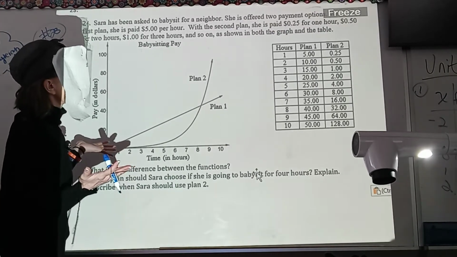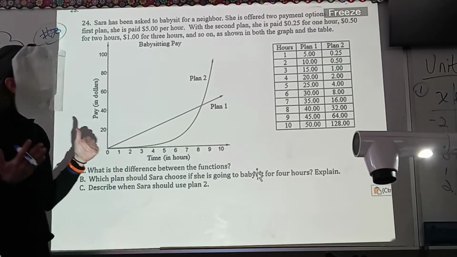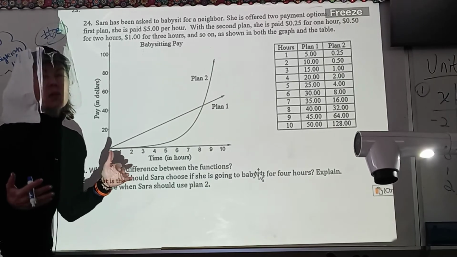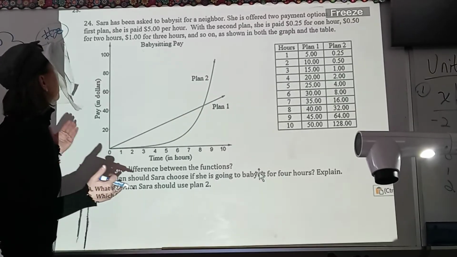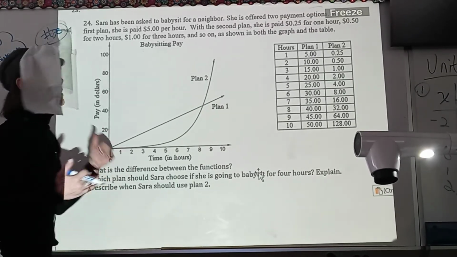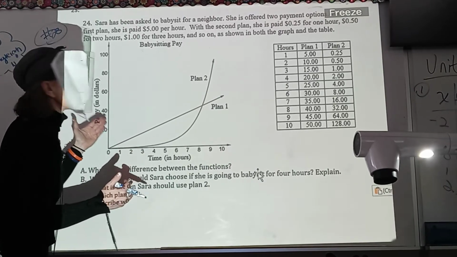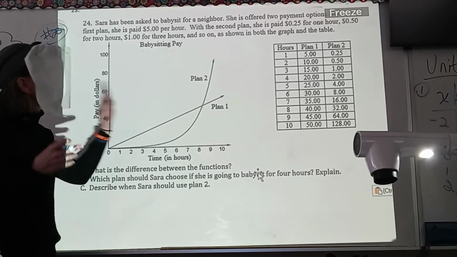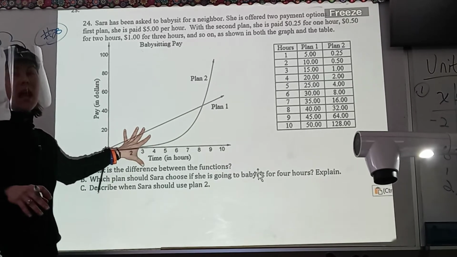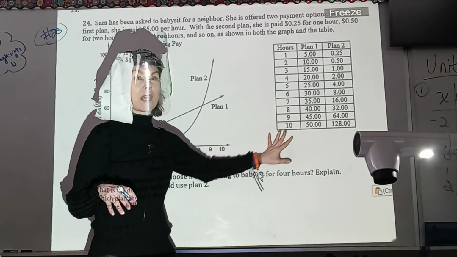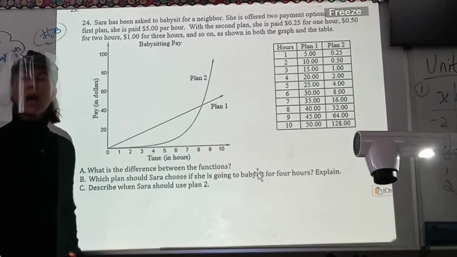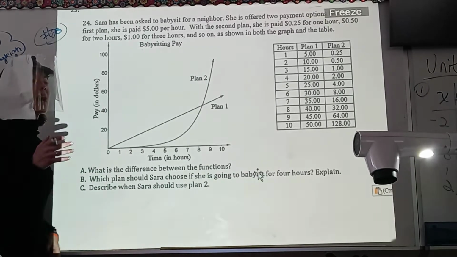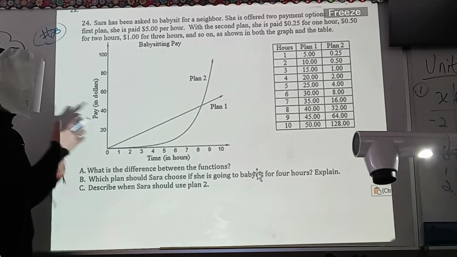Or with the second plan, she's paid 25 cents for the first hour. 25 cents, okay? 50 cents for 2 hours. $1 for 3 hours. This doesn't look good. And so on, as shown in both the graph and the table. So hopefully you can tell that, when you have a consistent